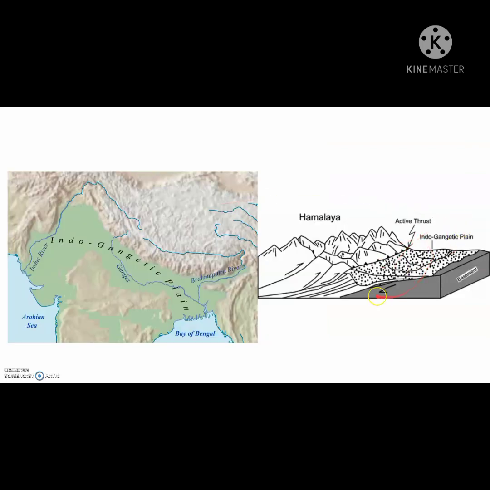In the Indo-Gangetic plains, what will be there? Whenever the rivers flow from the Himalayas, water coming from the mountains deposits material, pebbles, stones and sediments, which is called Bhabar. What is meant by Terai? Terai is the swampy and marshy region. Small rivers and streams that flow underground through Bhabar emerge here, which is called Terai.